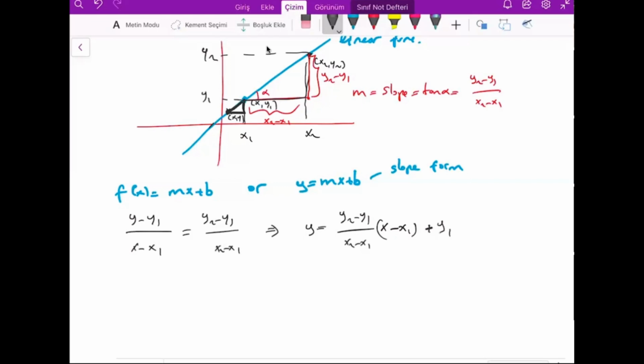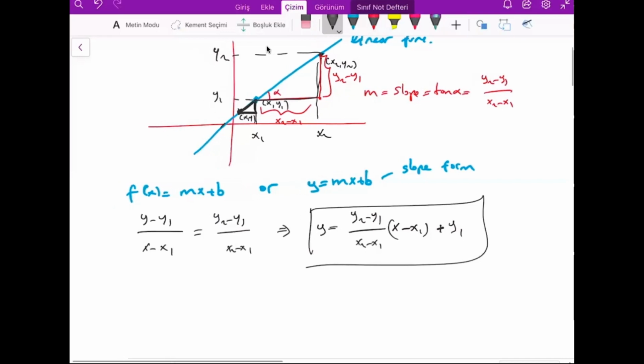Generally we write another form, the point form. There are different forms, but this is the equation of the line anyway. So if you know two points, you can write the equation by this formula. But I will never use that formula. I will always write the slope and calculate some points.